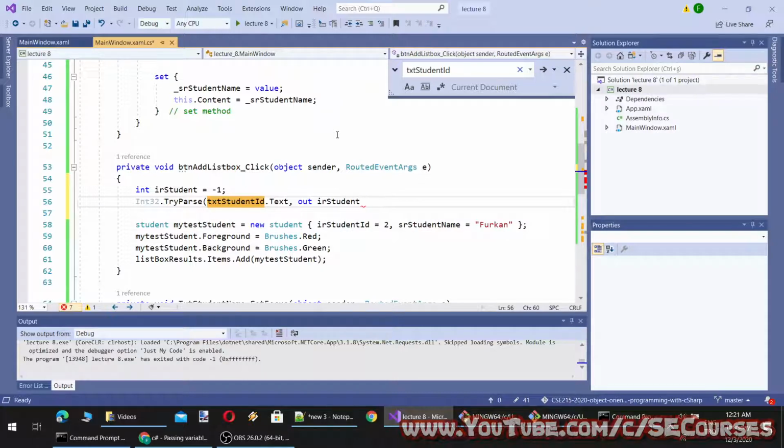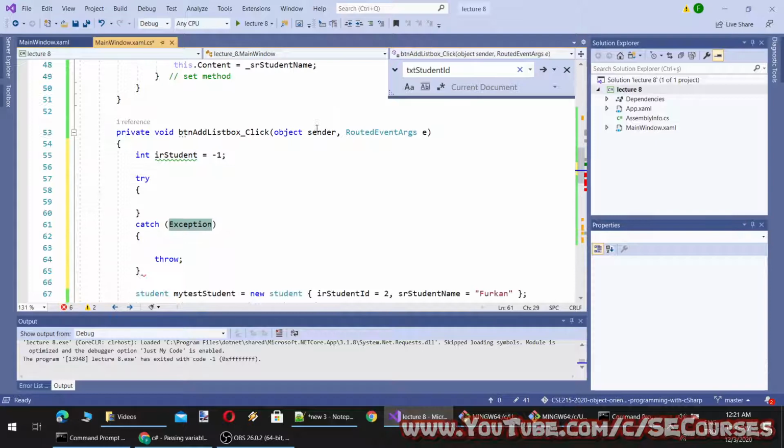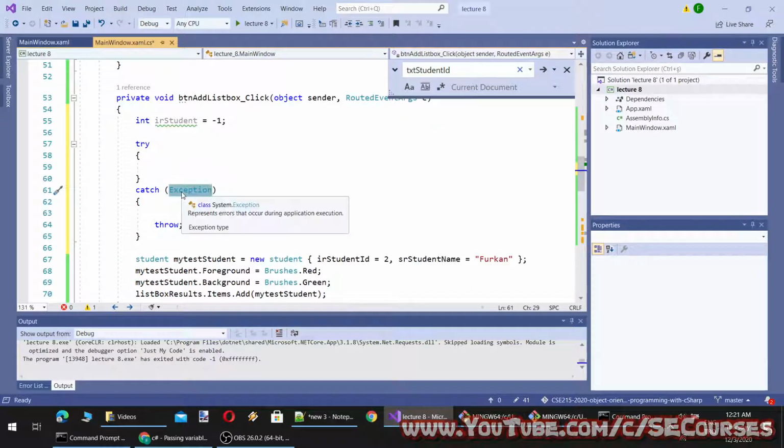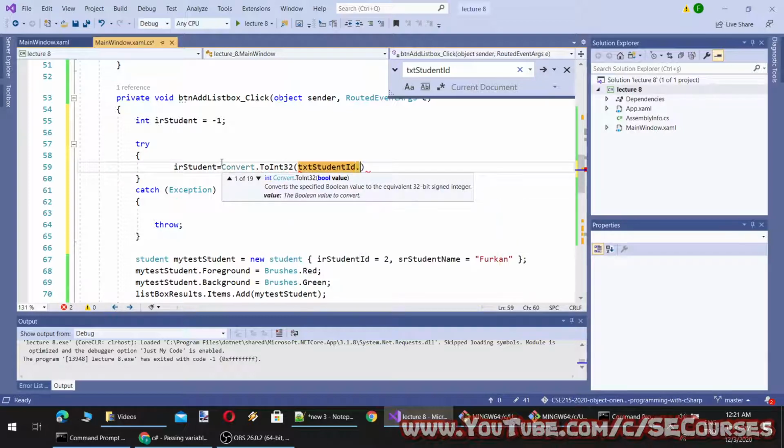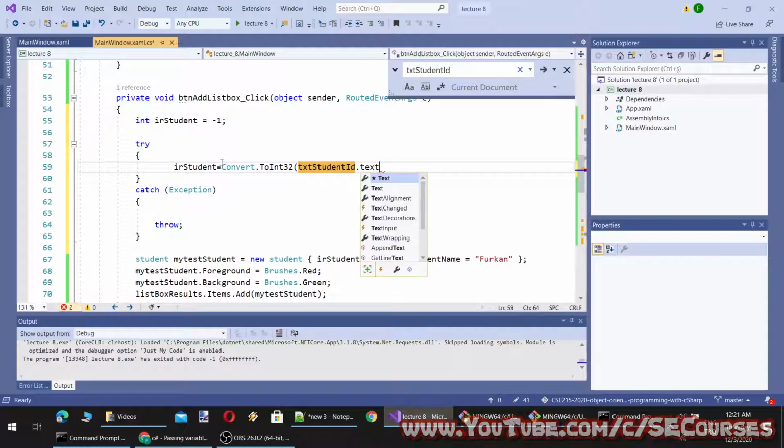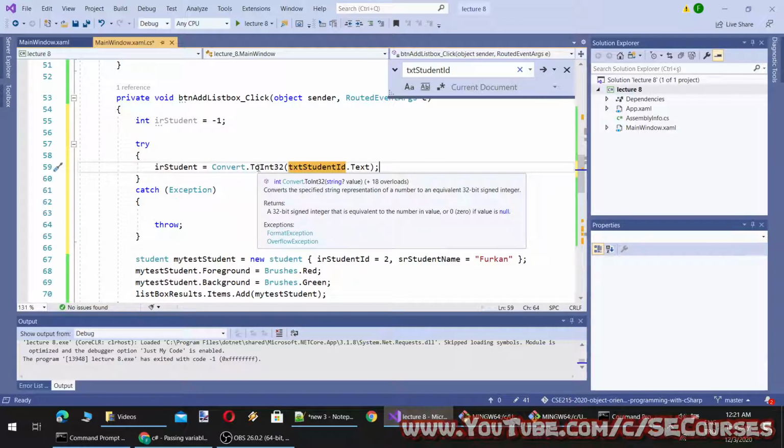I can also use in this case try catch, which could be easier. Let's say which kind of exceptions can happen: format exception and overflow exception.